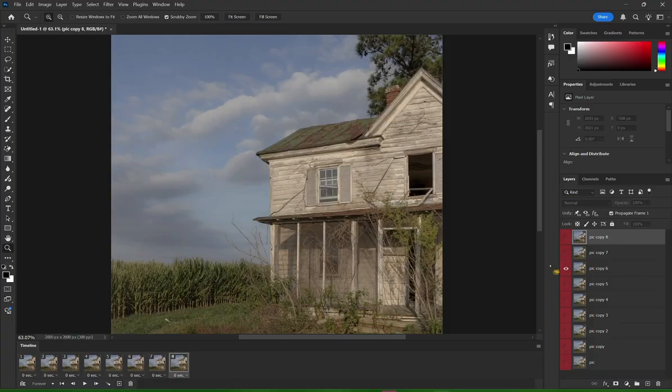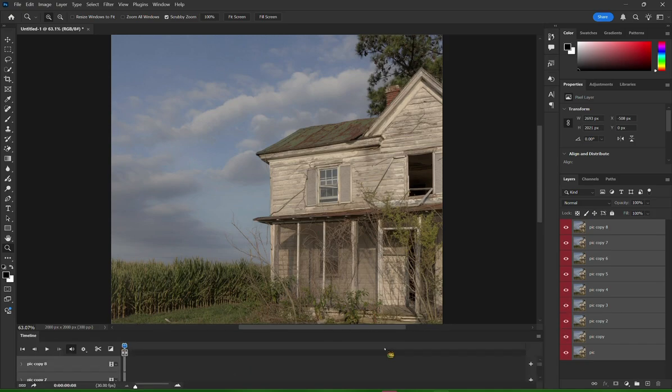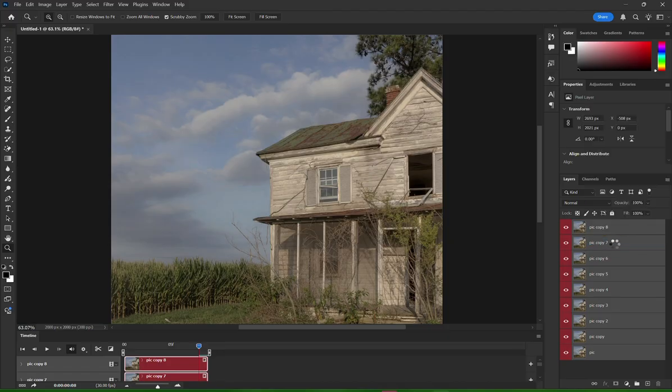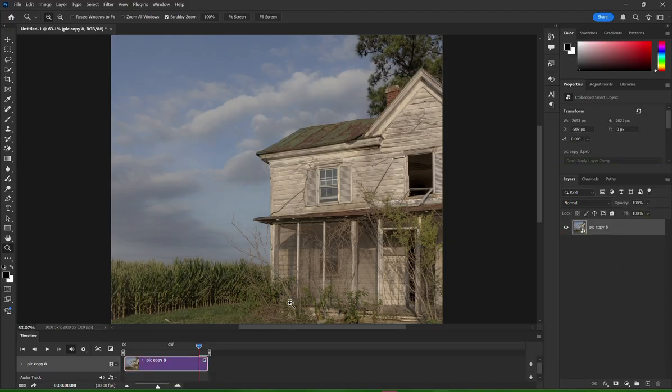Once you've got that all good and done, you just want to click the first and last layer on the right with Shift, the same with the timeline layers, then click that little button on the left. I'm just using the little slider here to make it where I can see it. Then you want to right click it and convert to smart object. Now it's compiled them all into one layer.